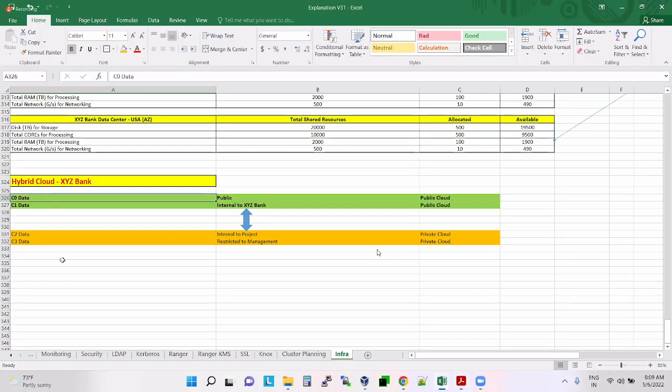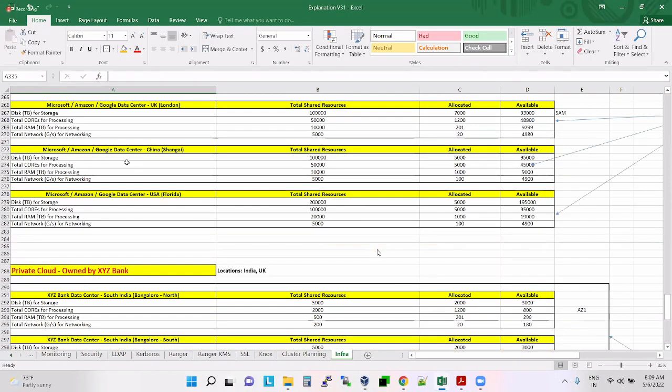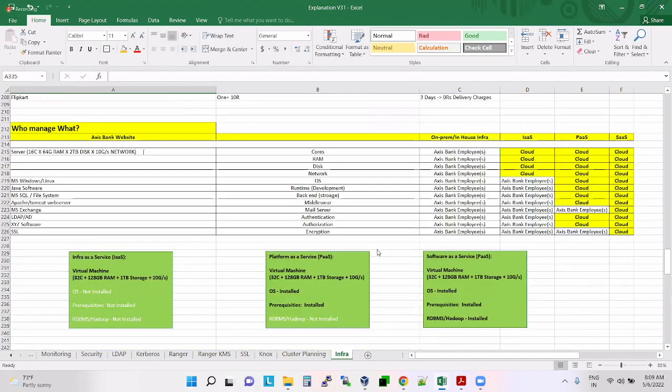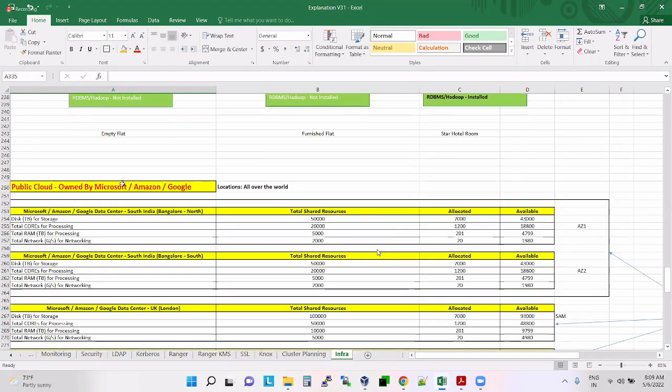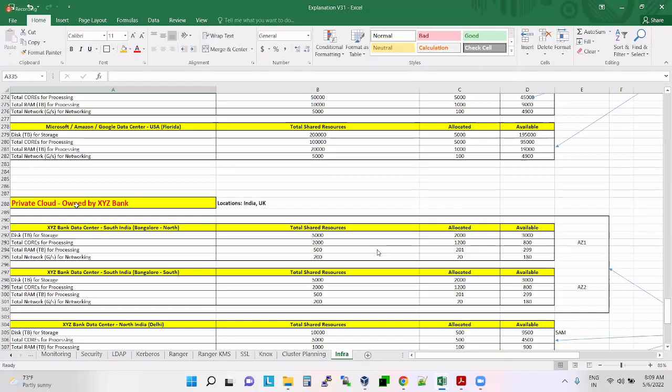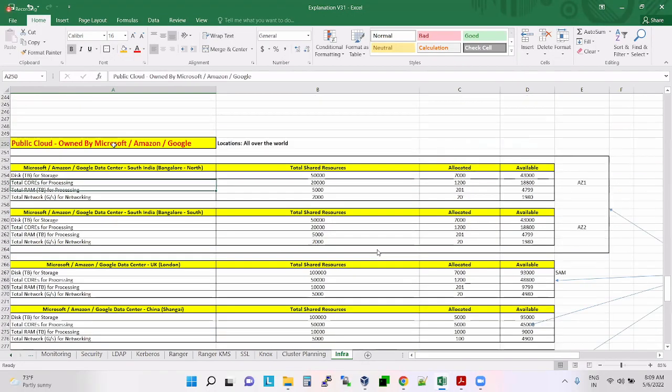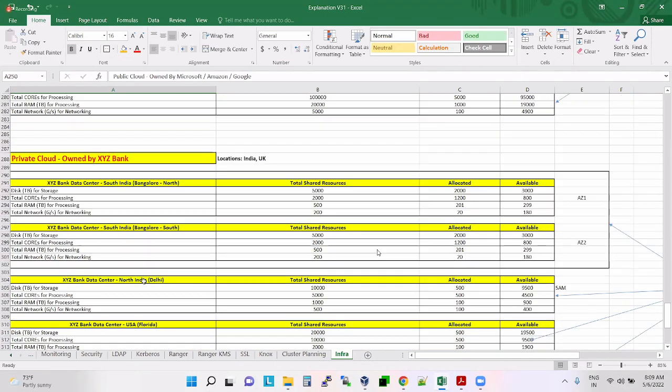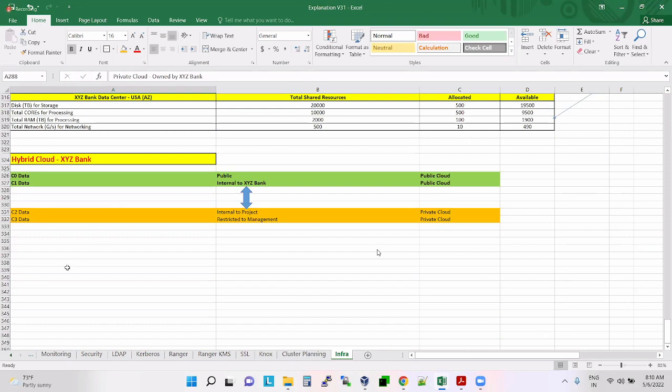So now you understood what is public cloud, what is private cloud, and what are the different offers we have in public cloud. Since private cloud is a Xerox copy of public cloud on a small scale, even in private cloud you will have IaaS model, PaaS model, SaaS model. So you understood what is hybrid cloud also. So now let us come back to the Hadoop part.